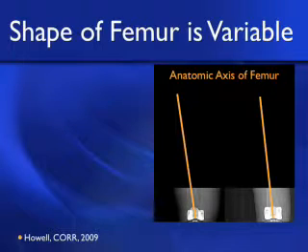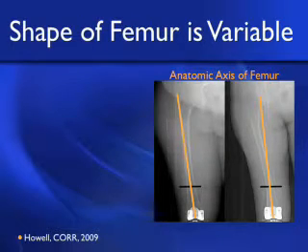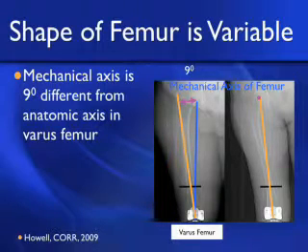And here is a projection of the distal fourth of the femur. And the anatomic axis is drawn down the center of the distal fourth of the femur. And if we remove the blackout, you can see that the anatomic axis in the knee on the left extends quite lateral to the center of the femoral head, where the one to the right goes right to the center of the femoral head. And this mechanical axis then is 9 degrees different from the anatomic axis